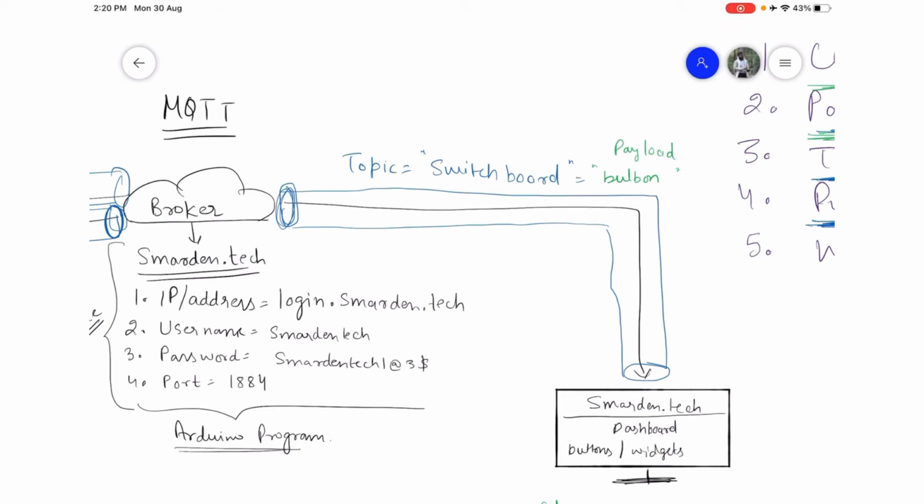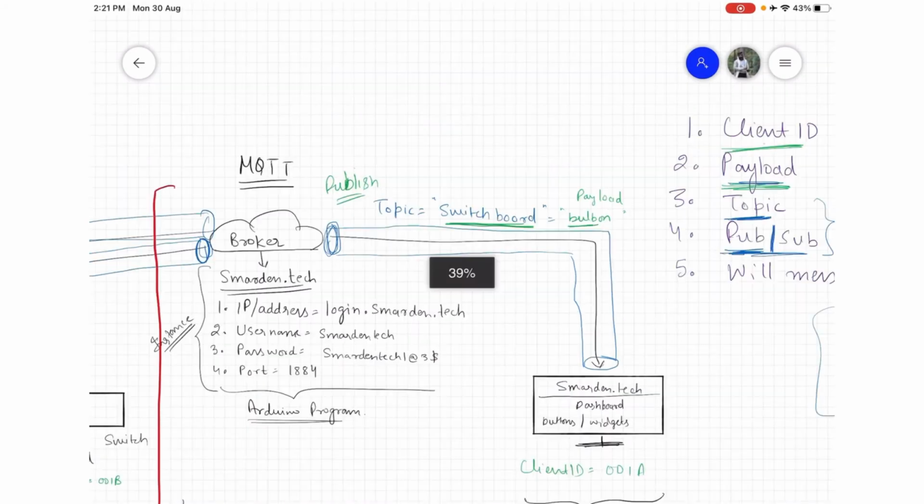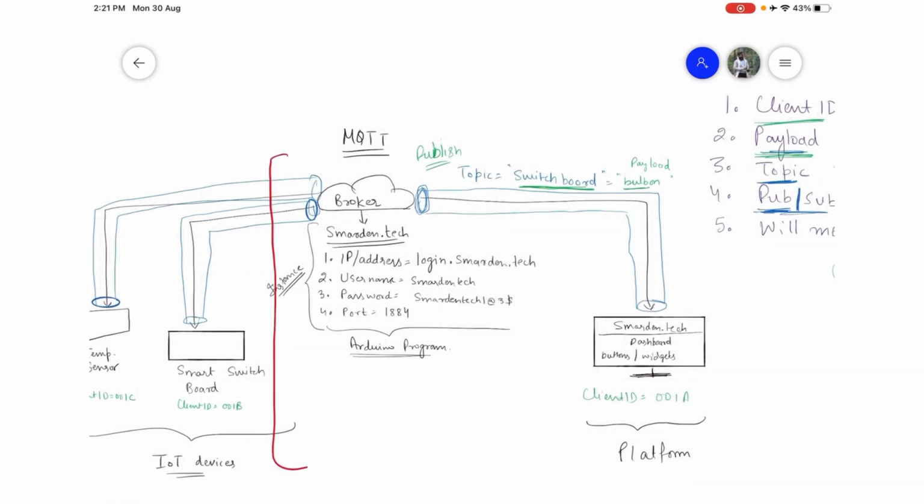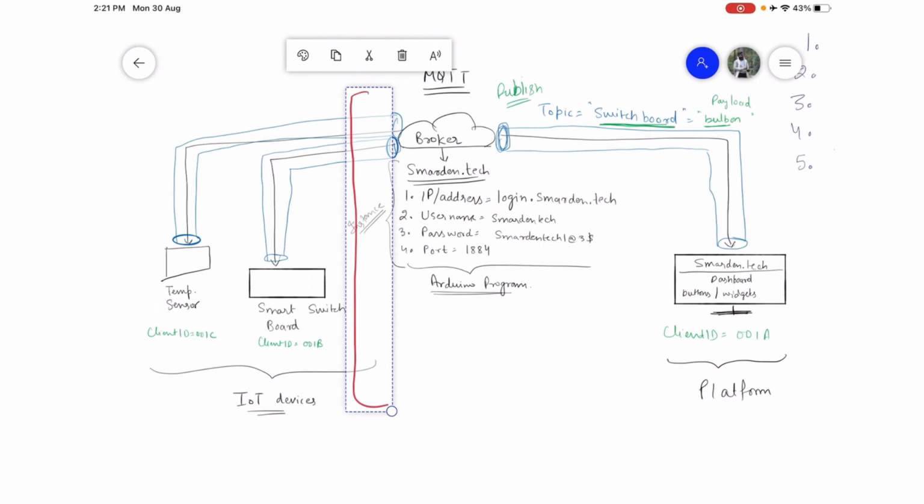I need to publish bulb on on the switchboard topic from the platform. And at this end, the smart switchboard needs to subscribe to the topic switchboard.